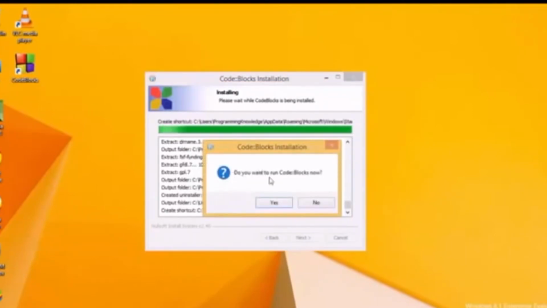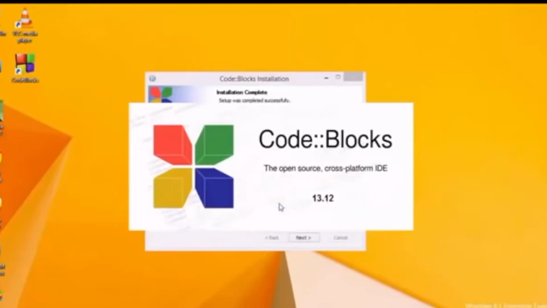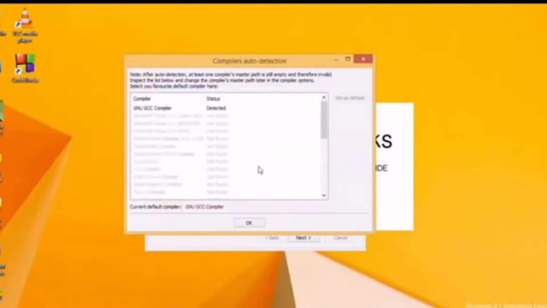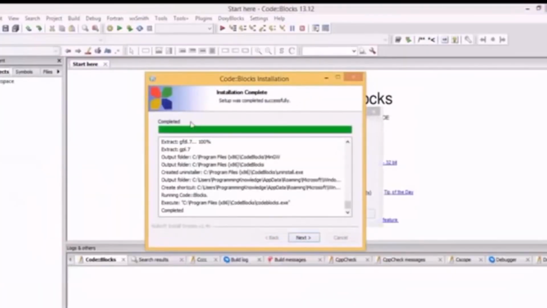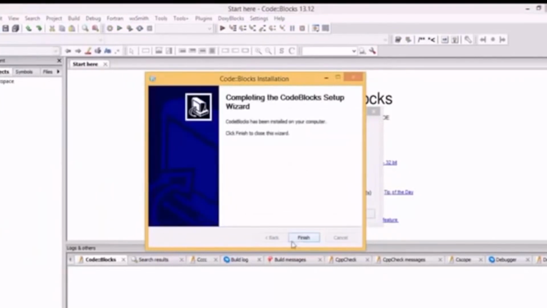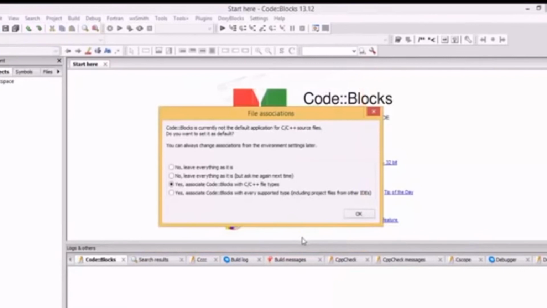Now it says the installation is done, I think. And do you want to run Code::Blocks? Yes, I want to run, and it will run Code::Blocks, and it says something. I will click OK, and here the installation is complete, so I will click next, and finish.